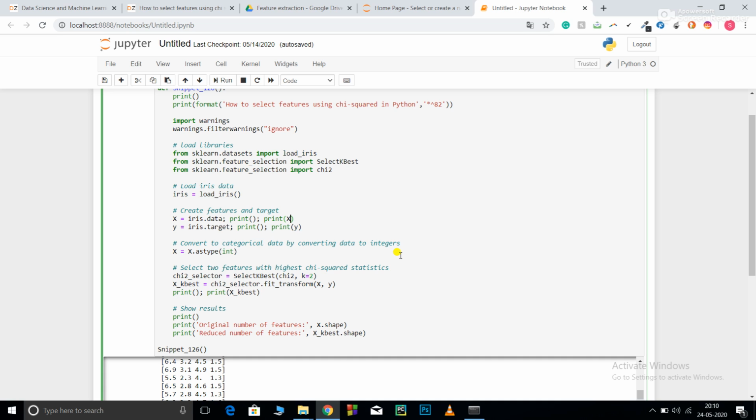Now consider an example of the number of cars bought. I have divided people on the basis of their income slab. For example, 5 lakhs to 10 lakhs, 10 lakhs to 20 lakhs, 20 to 25 lakhs, and 25 to 30 lakhs. And I have made a table having the number corresponding to every bin, or every range of the salary slab. I have calculated the number of cars bought.